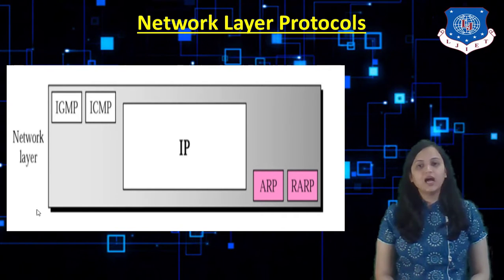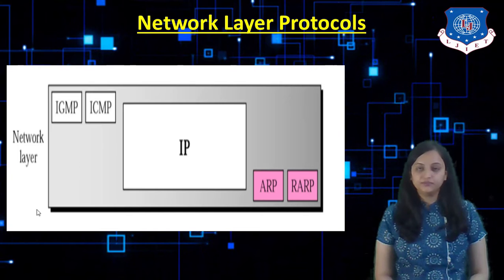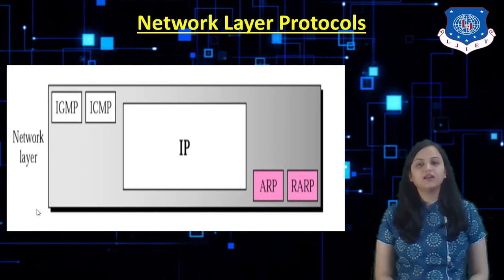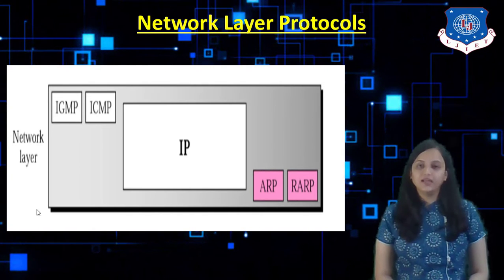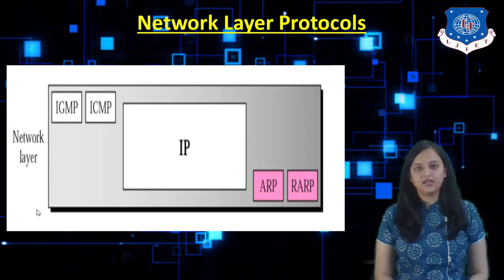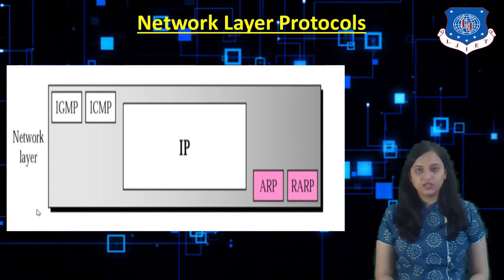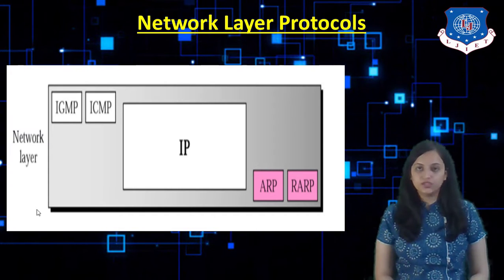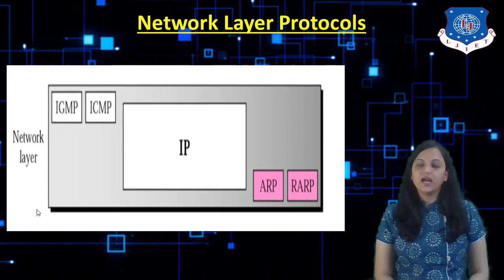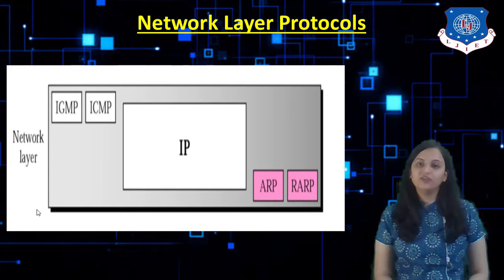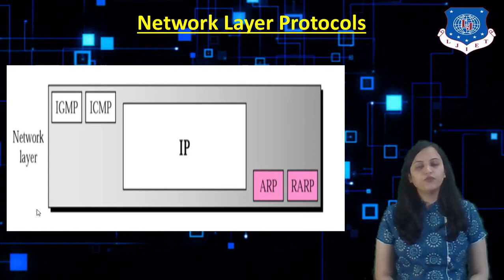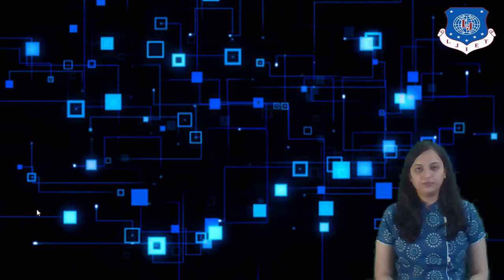The next two protocols are ARP and RARP, where ARP stands for Address Resolution Protocol and RARP stands for Reverse Address Resolution Protocol. ARP and RARP are reverse to each other because of their roles. What their duties are and what their roles are, we will see in detail. So first of all, let us start with ARP and RARP.